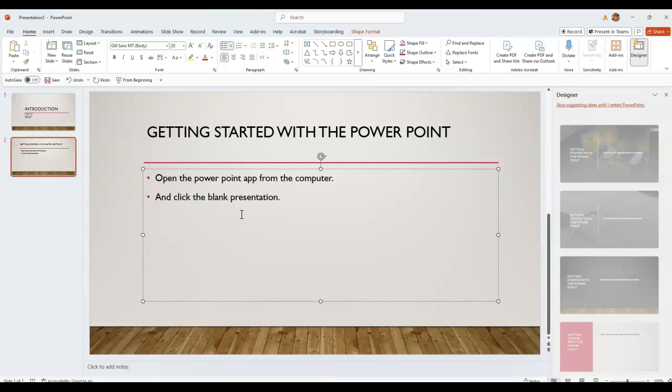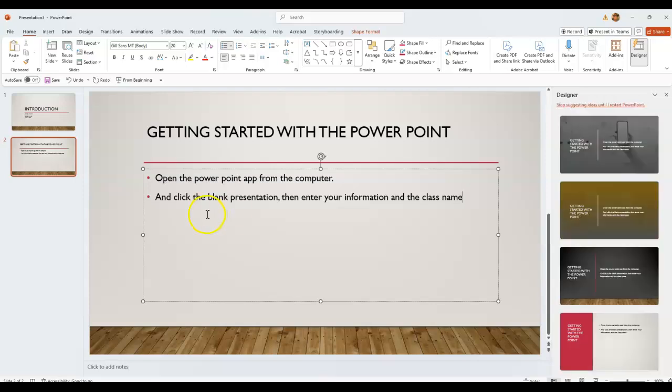Okay, then enter your information and the class name. Okay, so open the PowerPoint app from the computer and click the blank presentation, then enter your information and class